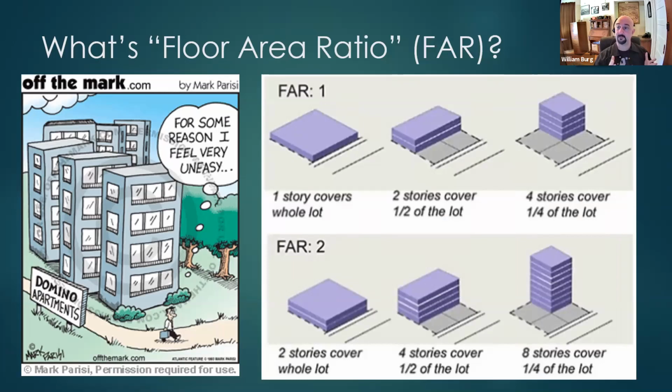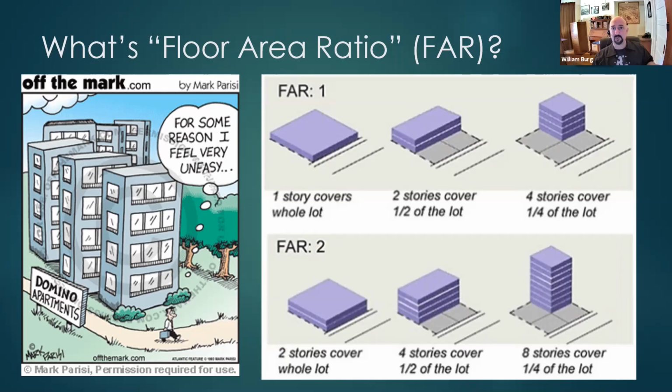So if we've got a plot of land that's, say, 5,000 square feet, and the maximum FAR is 1, then you can build, theoretically, a one-story, 5,000 square foot building. But you can't necessarily do that. We talked a little bit earlier about things like setbacks, where you can't build all the way to the sidewalk, or space between buildings, and essentially you can't build property line to property line in a neighborhood.